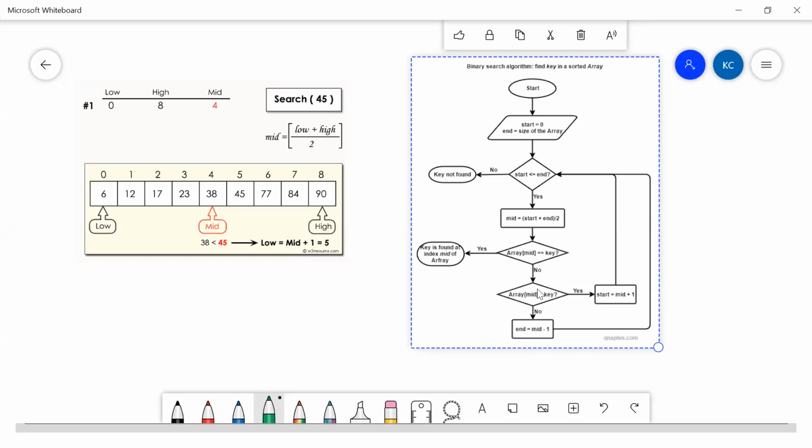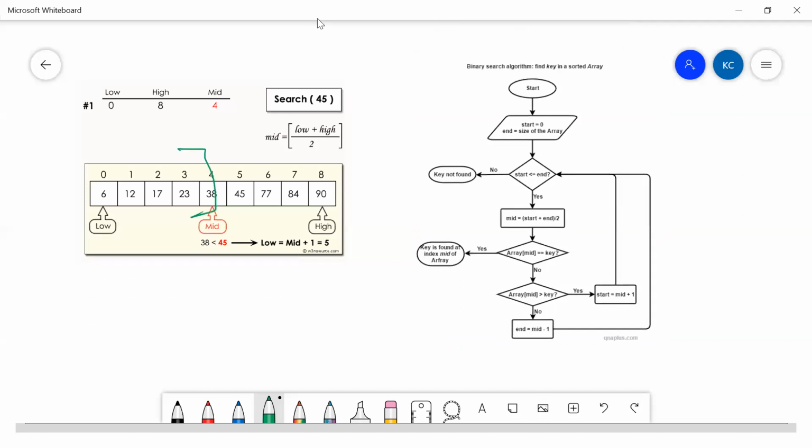If no, my end would be something like this. For example, in the other case, let's say I want to discard all this, which means my start will become the same, but my end will be mid minus 1. So actually speaking, this would be my search space. As per whatever this condition says, I'll be modifying my indexes either to end is equal to mid minus 1, or start is equal to mid plus 1, something like this.